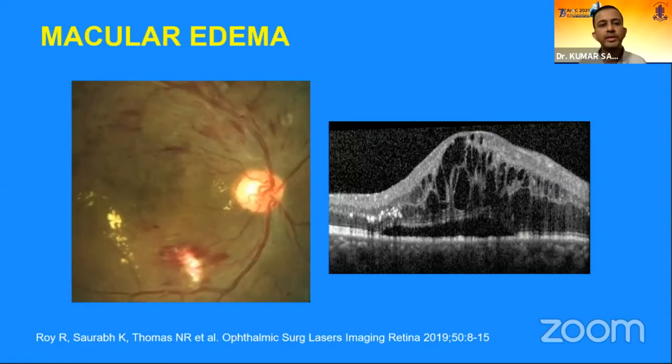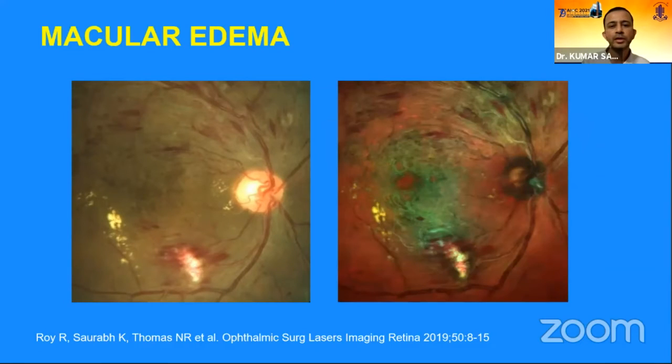Similarly, this patient has macular edema because of diabetic retinopathy. If you see the fundus photograph, we can see hemorrhages, hard exudates, and retinal hemorrhages. But macular edema is not that obviously seen; it can be imaged with the help of OCT. However, as we know, diabetic retinopathy screening is becoming more based on color fundus photographs. So the color fundus photograph doesn't give information about the macular edema that much here.